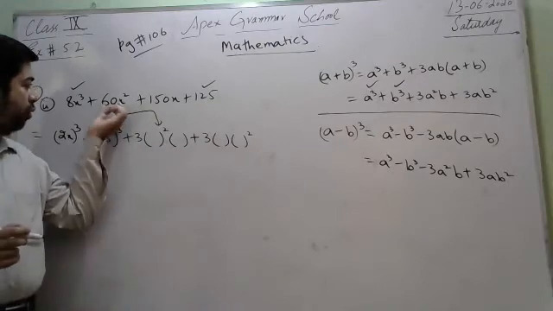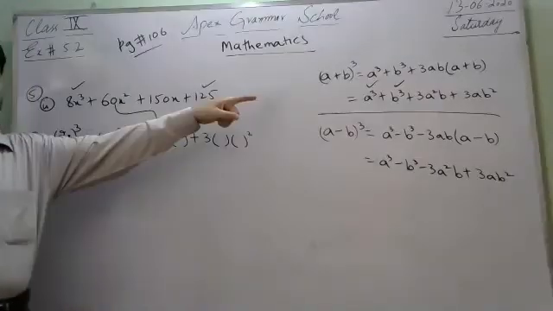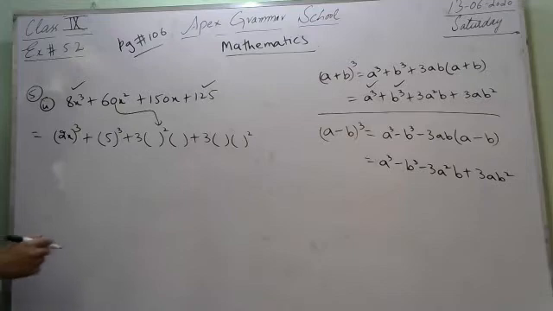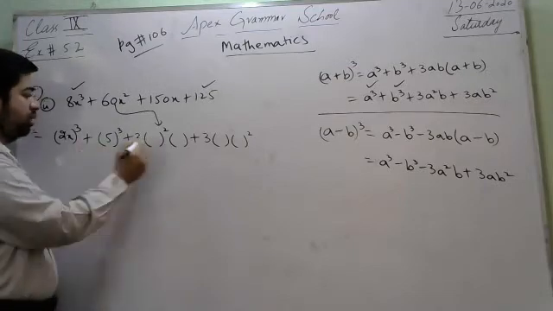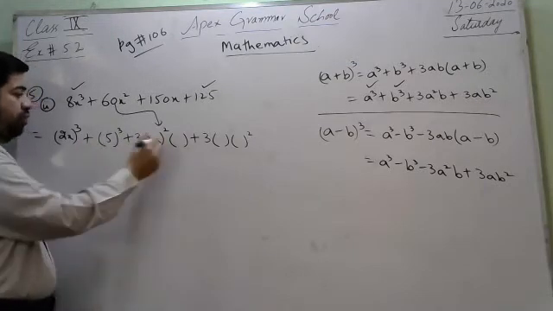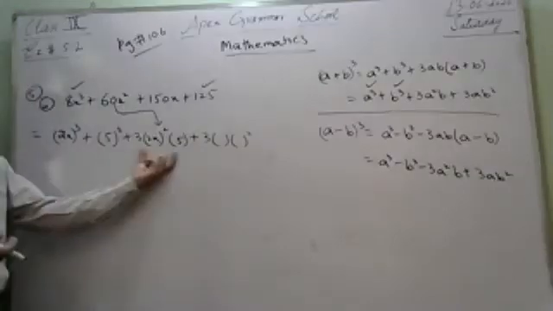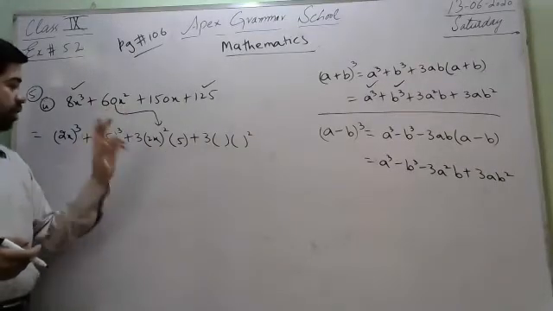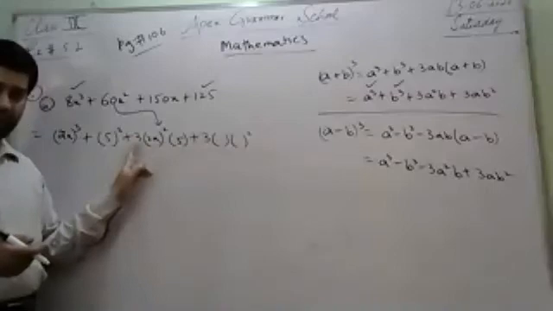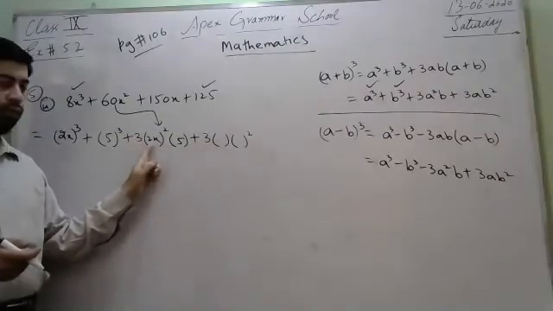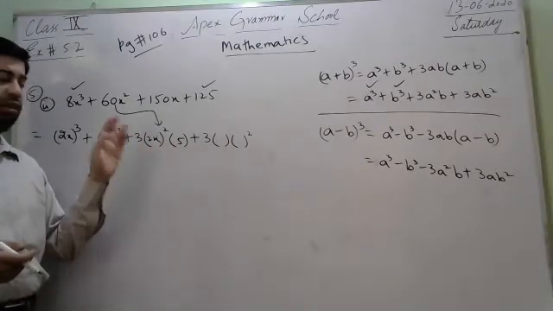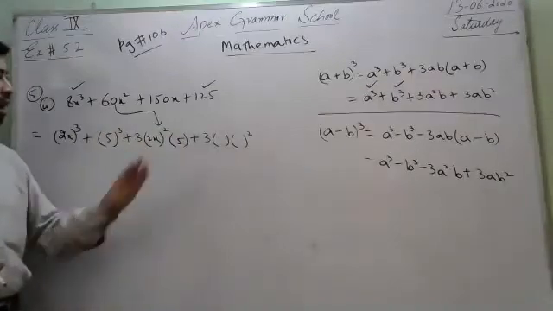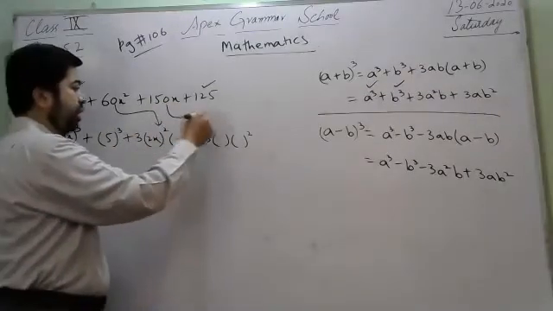You have to verify this with the term a square b. So 3, the value of a is 2x, the value of b is 5. Now verify that it will be 60x square or not. You can see that 5 3s are 15. 2 square is 4. 15 multiplied by 4, that is 60x square. It is verified.